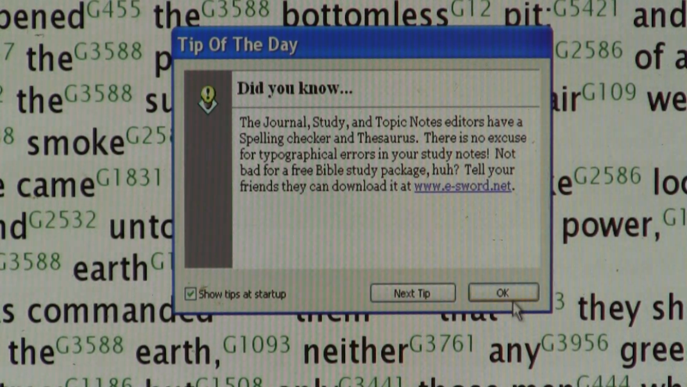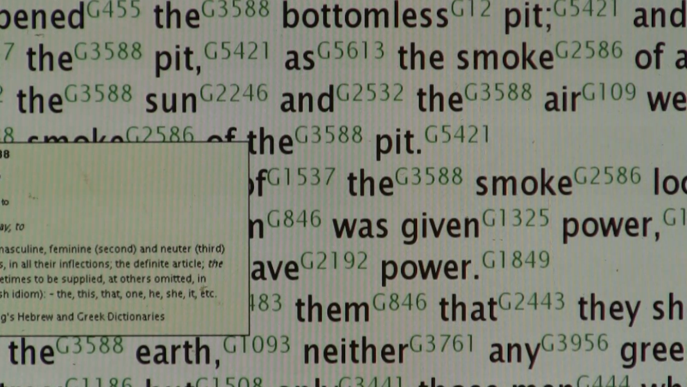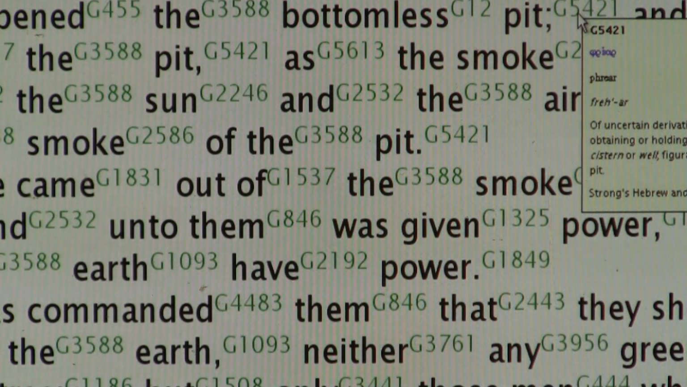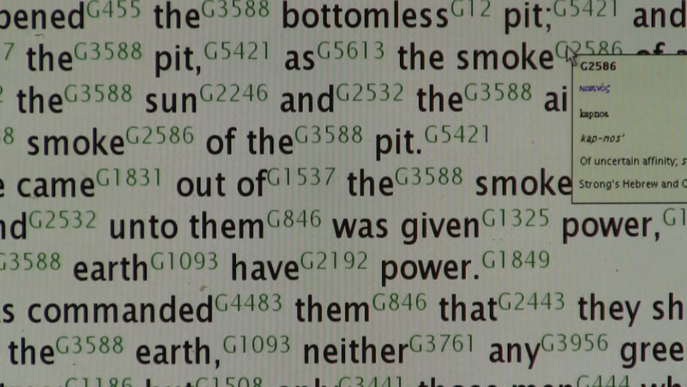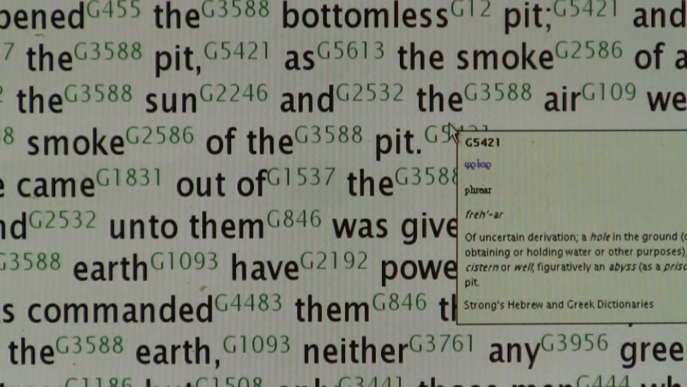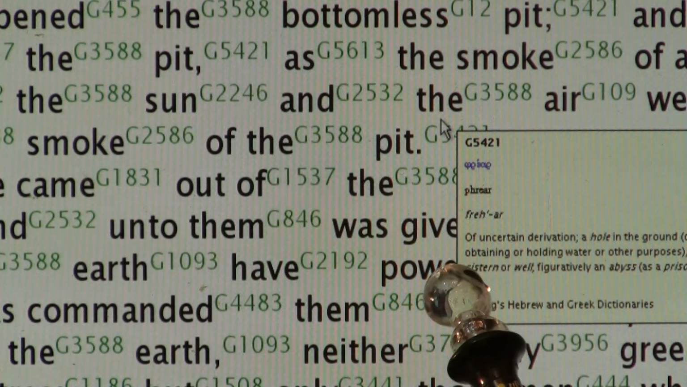This is the daily tip of the day, which is not necessary. So let's just go, we're at Revelation 9, verse 1. Here's the number, let's just say the bottomless pit. Okay? The word pit is signified by G5421. And when you hover over this number, let's go to the middle of the page, the word pit, it gives you a definition that pops up on the screen